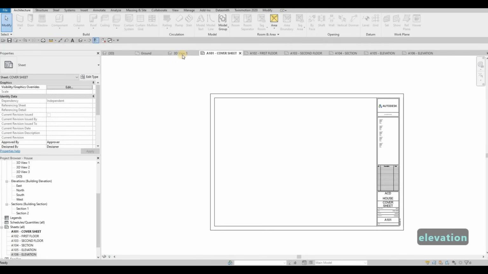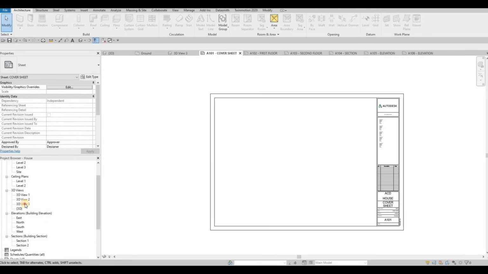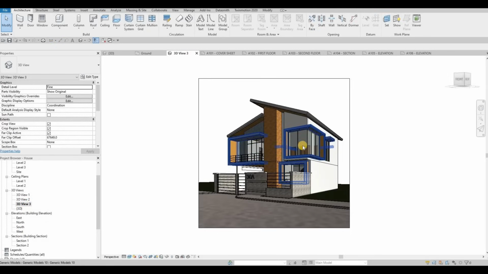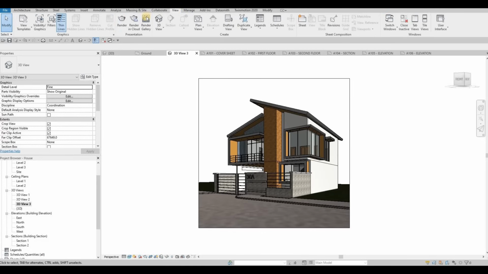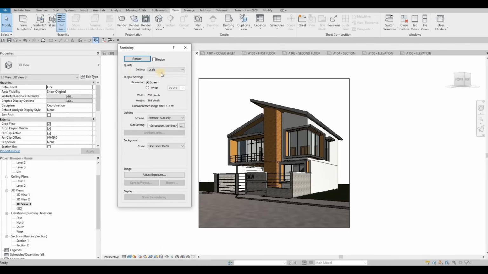So if we go to cover sheet, we already have the 3D view, so you can get the view here. I believe view number 3 is the perfect one. So what we can do now is go right here to view, and then click on render. And as you can see, the setting is at draft, that's the default, but you can increase it. By going to best or custom, it will take time for the computer to render it. So that's why we're just setting it to draft, so that we could easily just see the result,